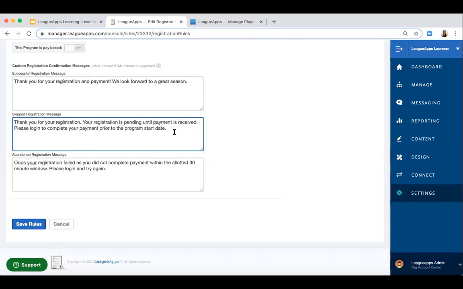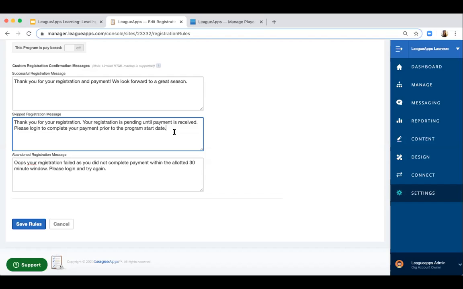And then the third, abandon, is when they start the process and then they just drop off. So they don't even get to the end, they just drop off in the middle. The system does save that activity so it can act on it, such as sending an abandoned registration message. And this is a way to know someone was interested in joining a program and then they didn't go all the way through the process to finalize that registration.